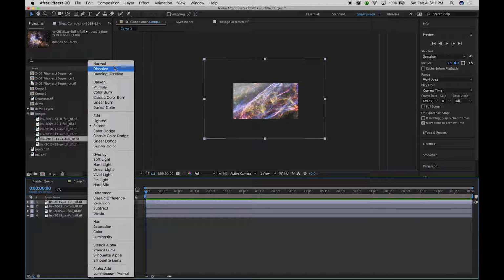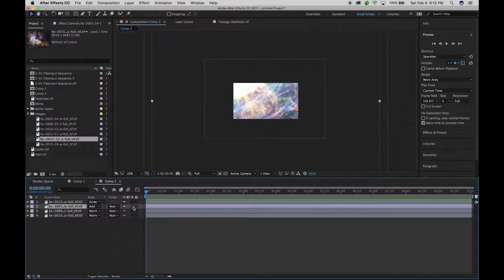So if it helps to think about these, this first section right here will darken. This will lighten. This will kind of create more contrast. These are all about inverse or kind of subtraction. These are all about color, and then these deal with some alpha and luma transparency, which we'll get into later. But if that helps you kind of think about them, if I just kind of add,